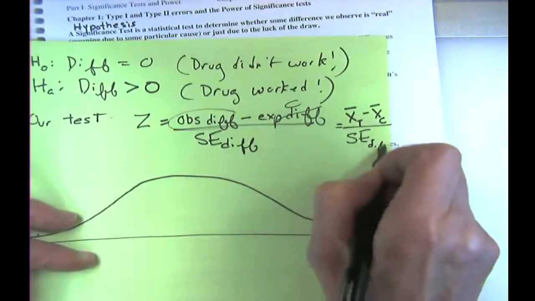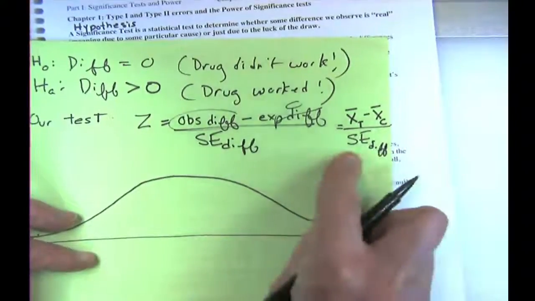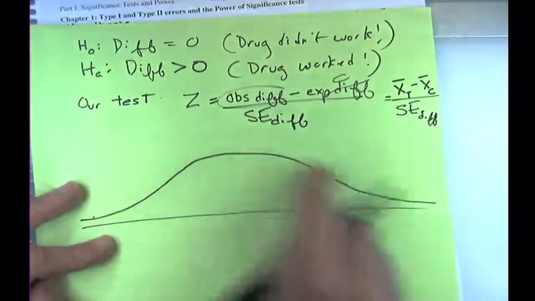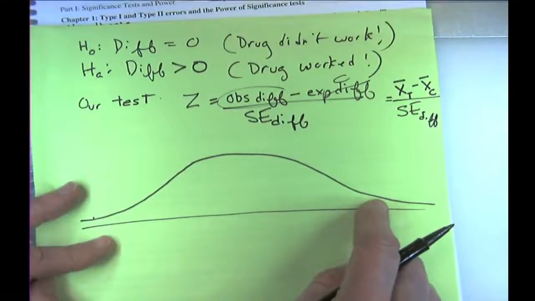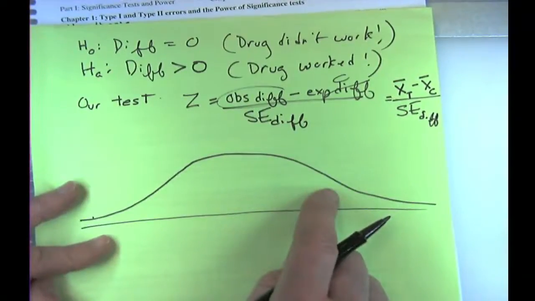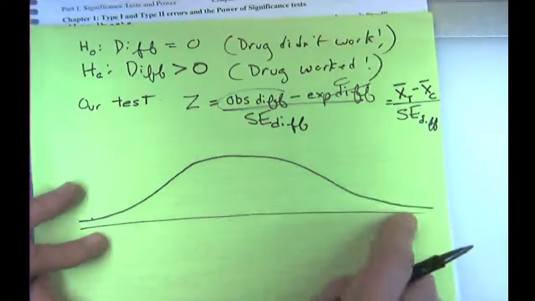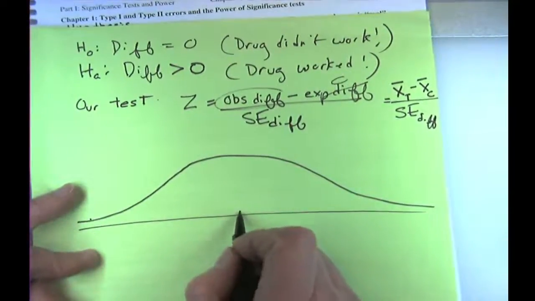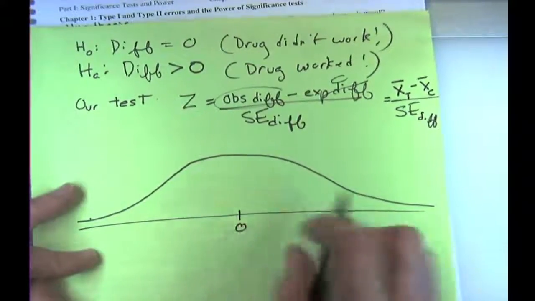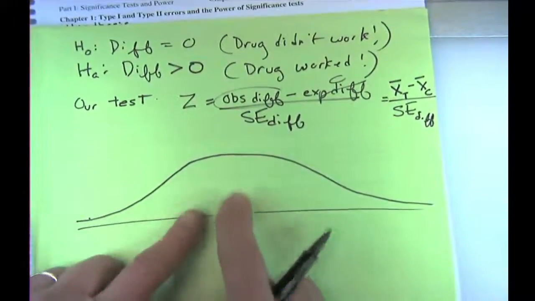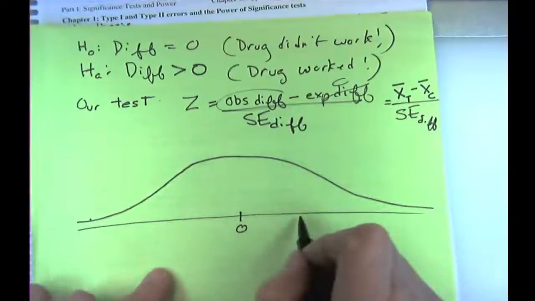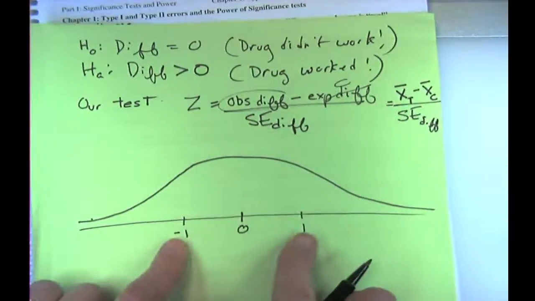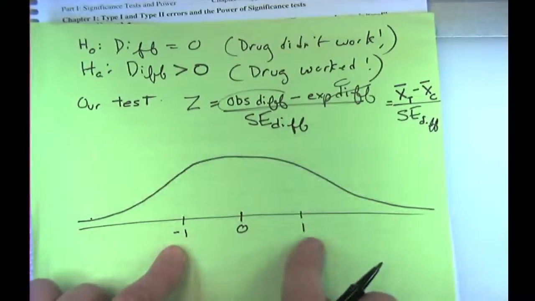And we'll look at the formula for the standard error later, the standard error for the difference of the two means. Okay, so this is what's known as the sampling distribution. It's a probability histogram representing the chances. The whole thing adds up to 100%, and it represents the chances of getting every possible difference. We'd expect to get 0 difference, and once we translate it into a z-score, about 68% of the time we'd expect to get a z-score between 1 and -1,